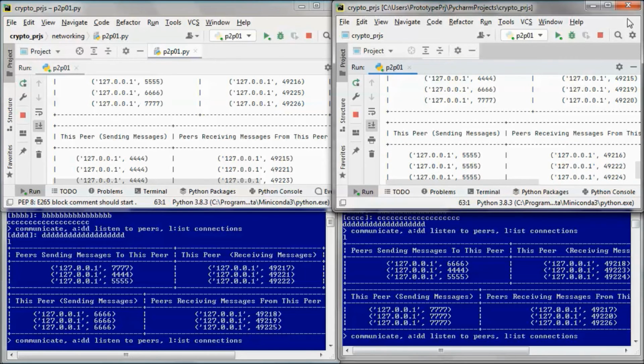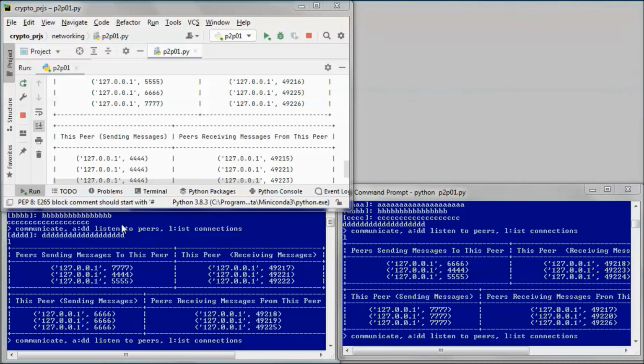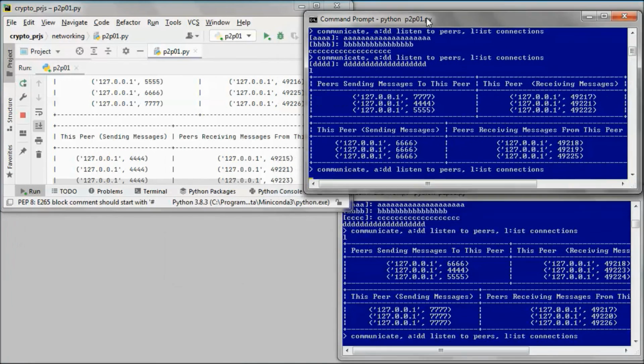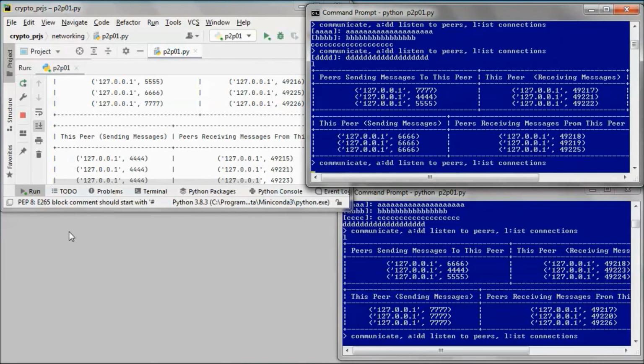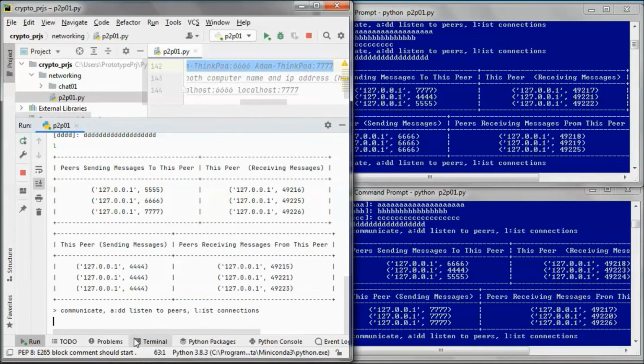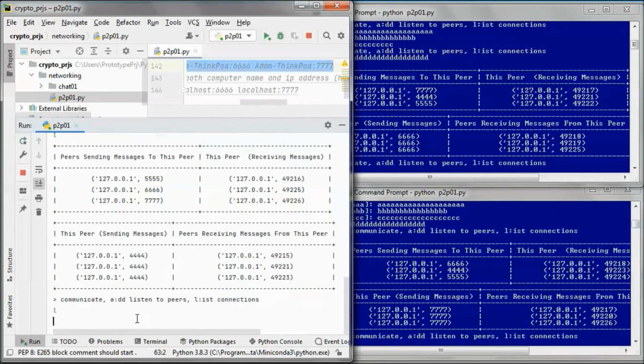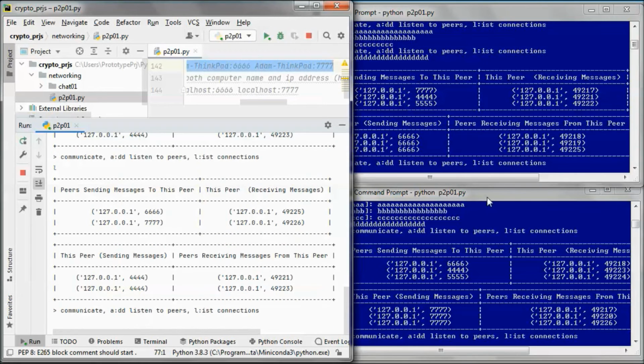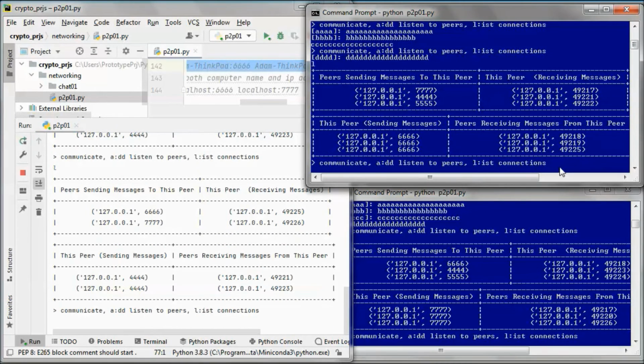And let's go ahead and remove one of the peers. And list the connections. Now we have 2 on each one.